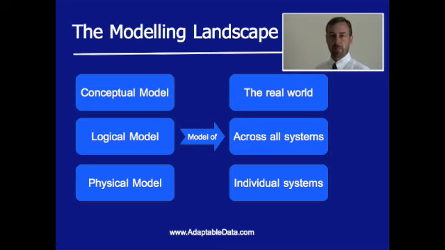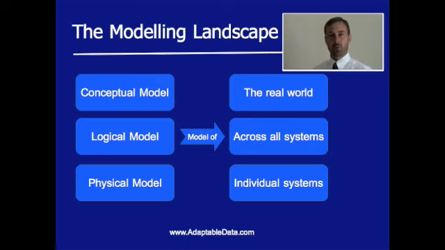whereas a logical data model is aimed at modelling the data that you intend to have across all of your systems in a particular company. And then a physical model is a model of an individual system, the data in an individual system. So if you look at this, if you like, in reverse order, a physical data model will necessarily